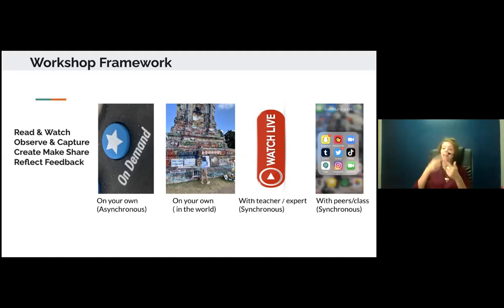So how do you share that work? Are we going to make a comic? Are we making a song? Are we doing dance phrases? And then the reflect and the feedback. So what we're asking teaching artists to do is to think about those four buckets, and you're designing practices that meet those needs.